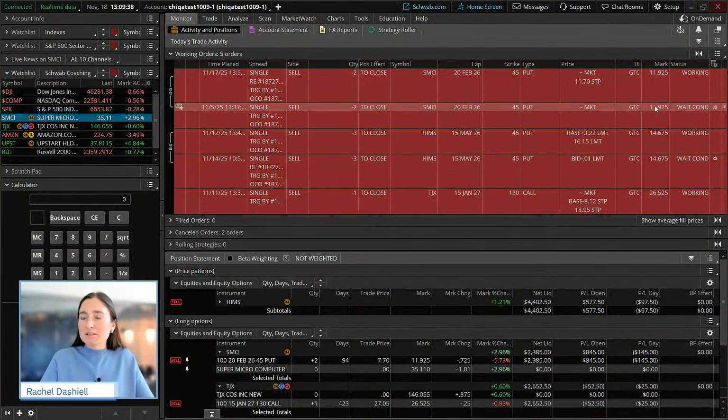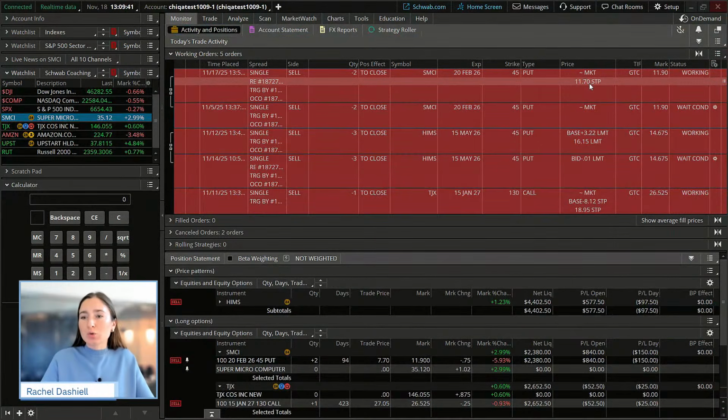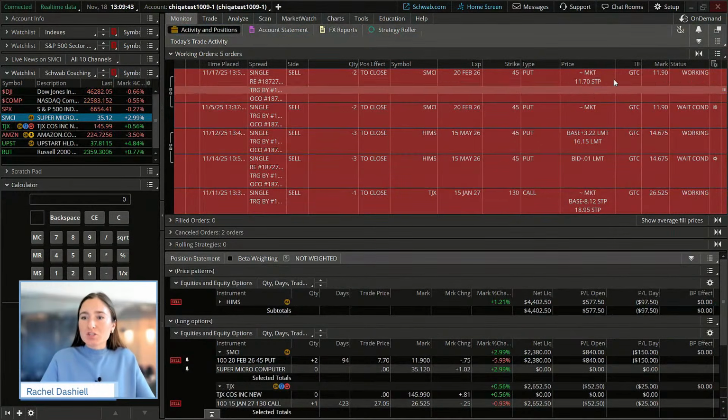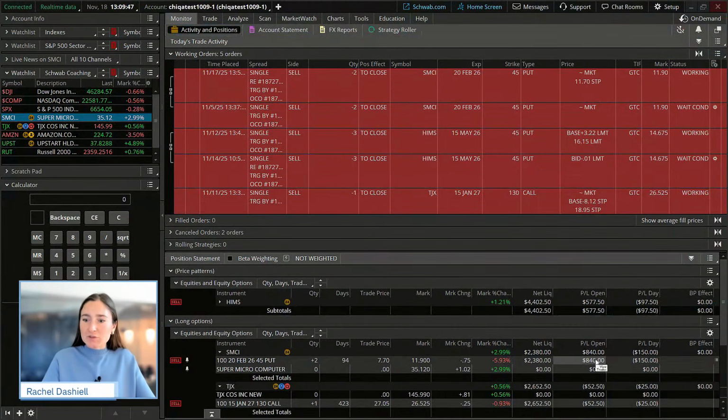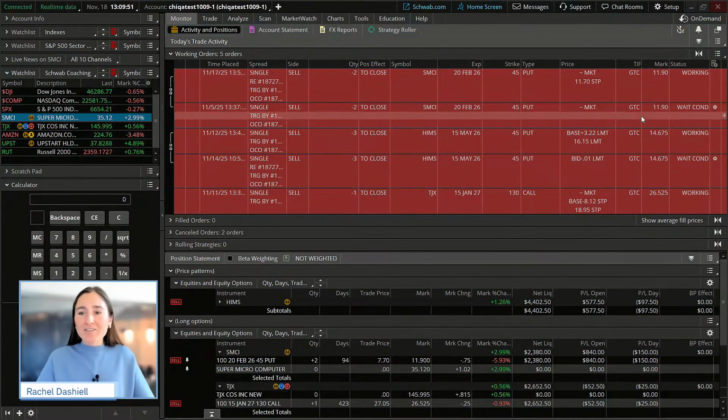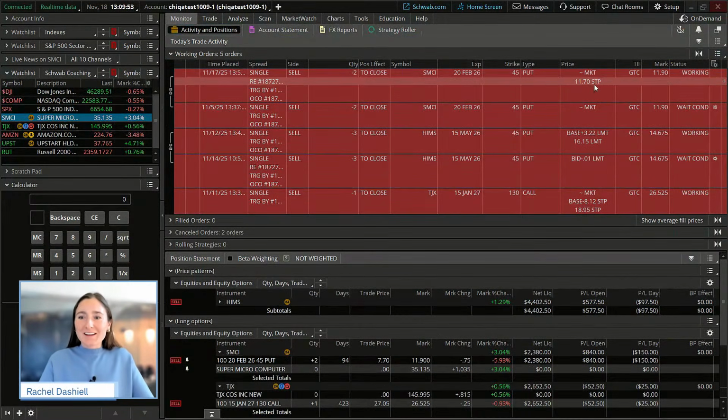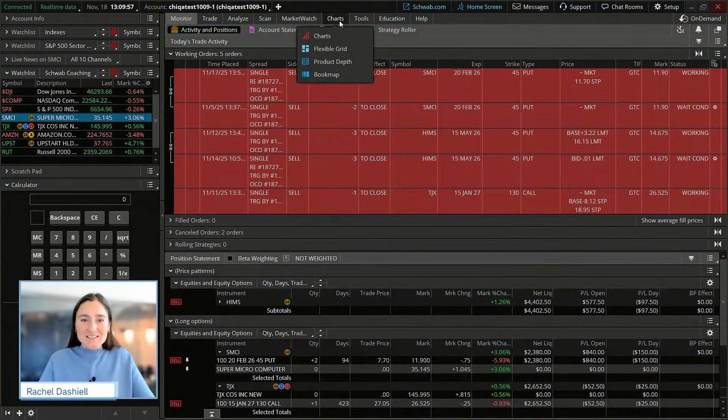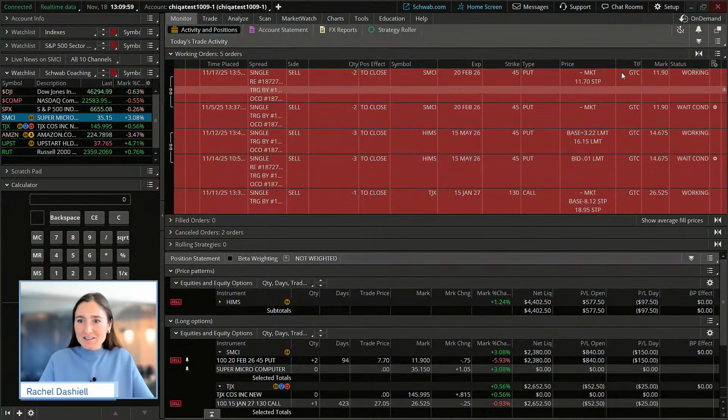I placed that tighter stop just to really make sure I still take advantage of any profits in this trade, since we do have a sizable profit here. So there's nothing wrong with taking a profit there. Obviously, we don't want to leave our stop or our exit such that if it retraces that entire move back to the upside, we lose it. So this allows us to take advantage of that.